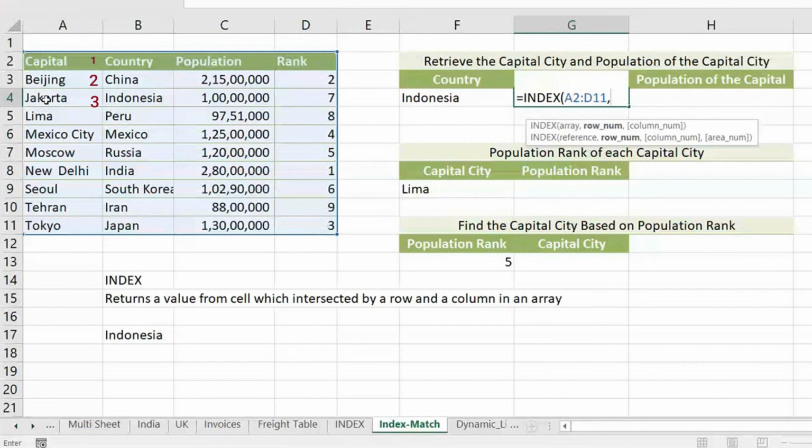That means in the same way, if country India is in the 8th or 7th row, the capital will also be in the 8th or 7th row, right? So if I know a mechanism of knowing the row number of my searchable value, make a note of it: if I get the row number of the searchable value, I will get the row number of the retrieving value. Row number is most important here. Yes, we will use MATCH here. Here for Indonesia I count 1, 2, 3. But if it's a 1 lakh row column, how will I count 1, 2, 3, 4? I can't count. So the MATCH function.